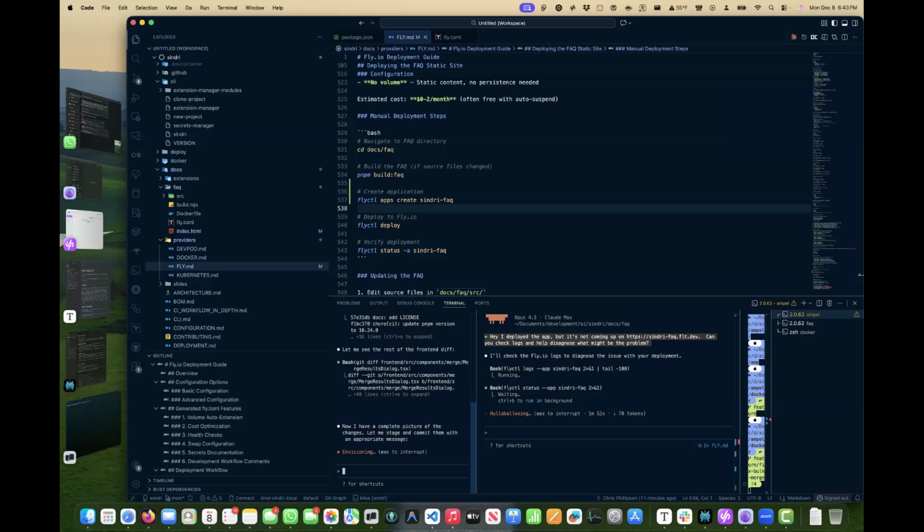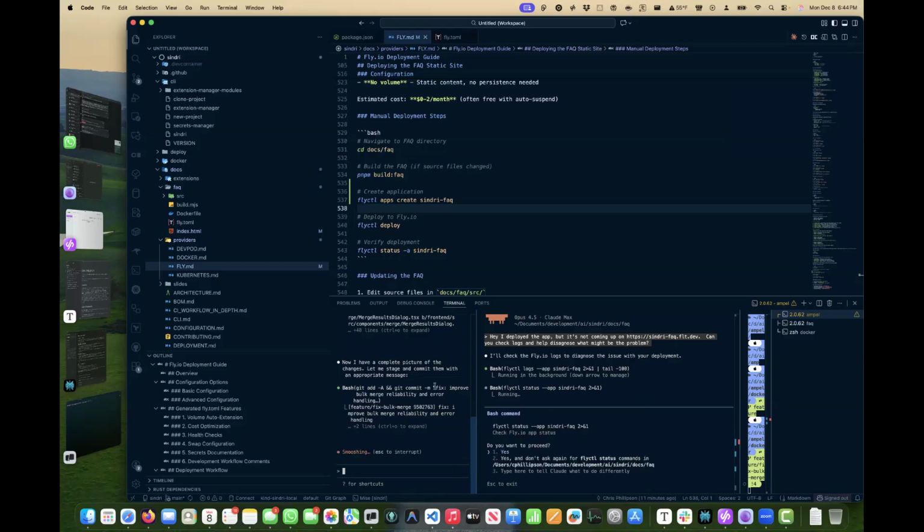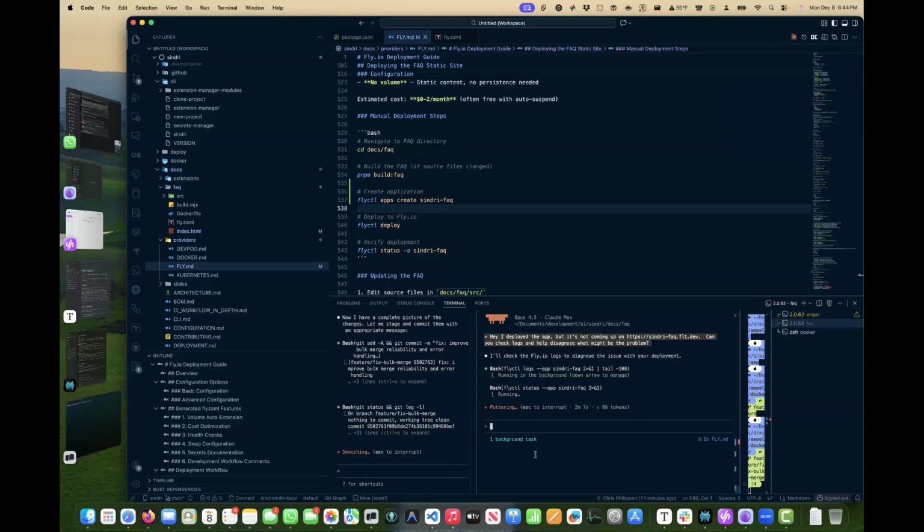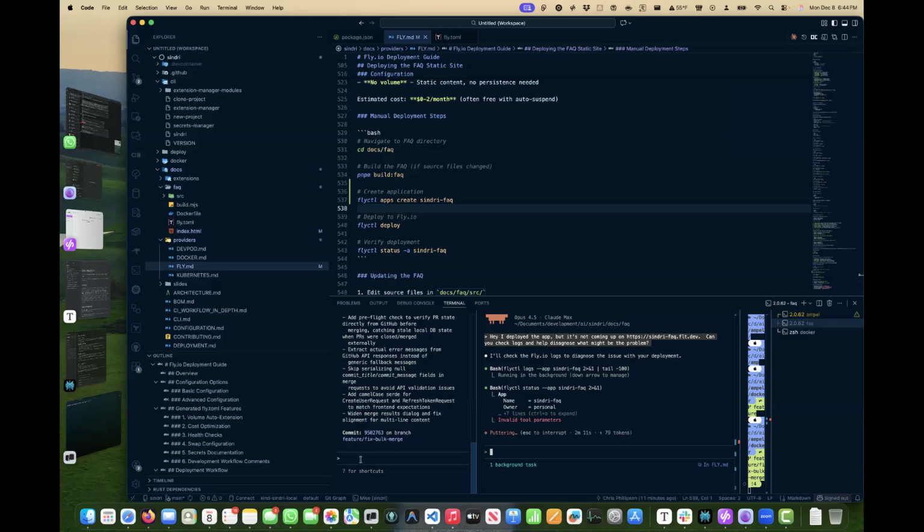Now I have a complete picture of the changes. Let me stage and commit them with the appropriate message. And what do we see? Yes, proceed. Let this proceed here. Okay, so that's done. Let's go git push